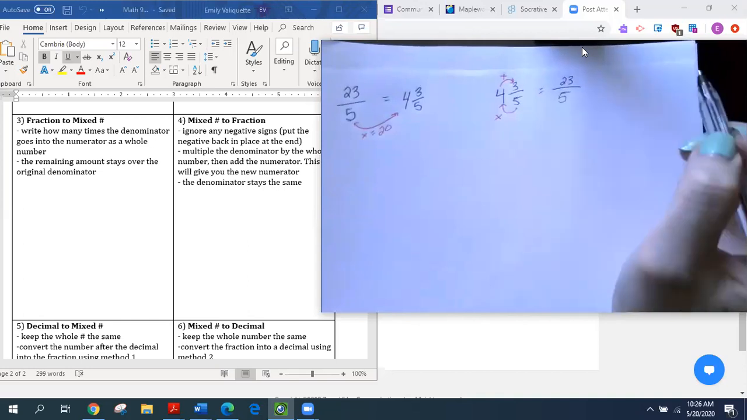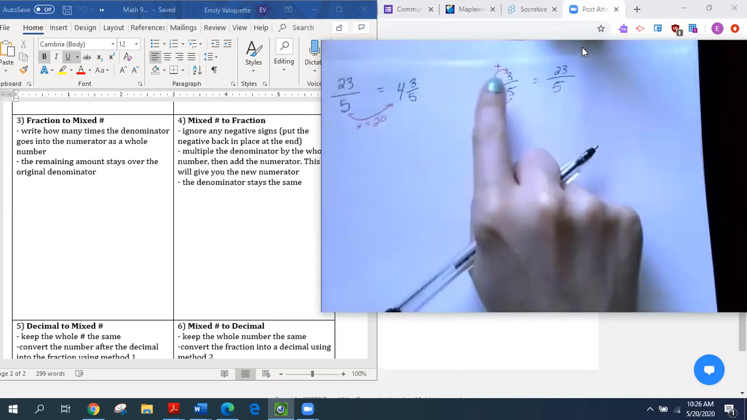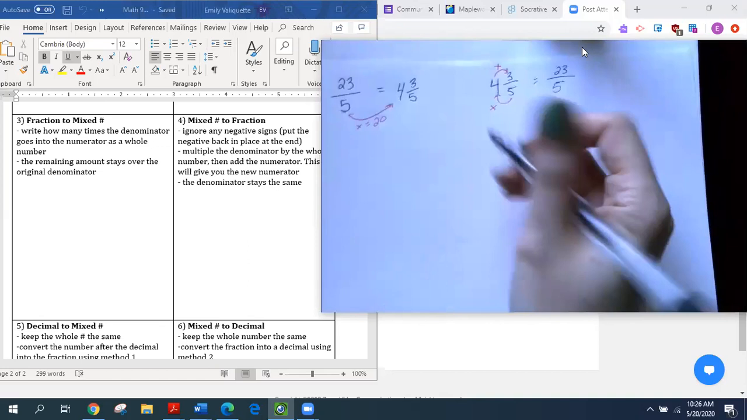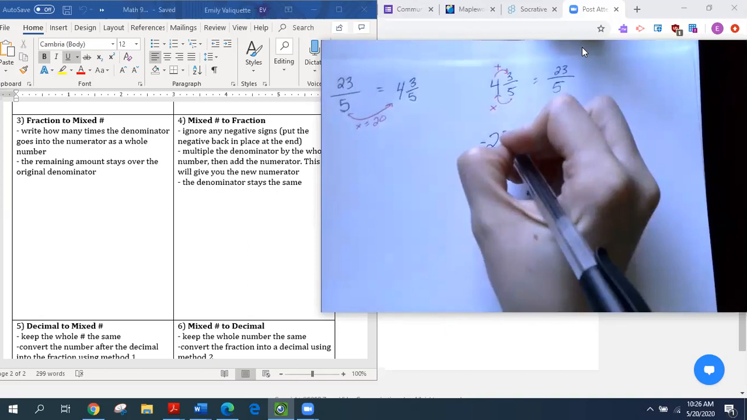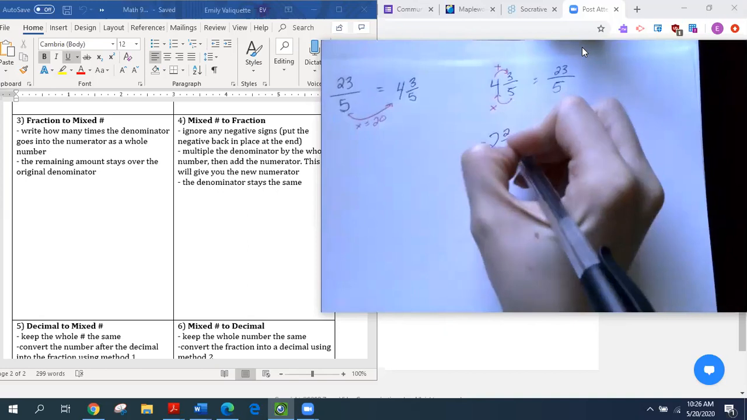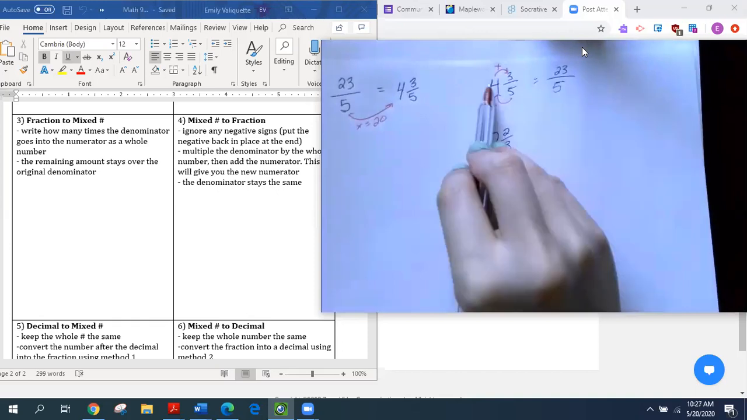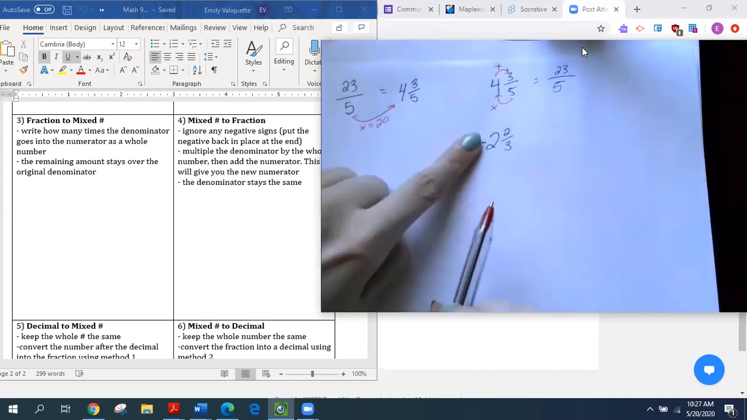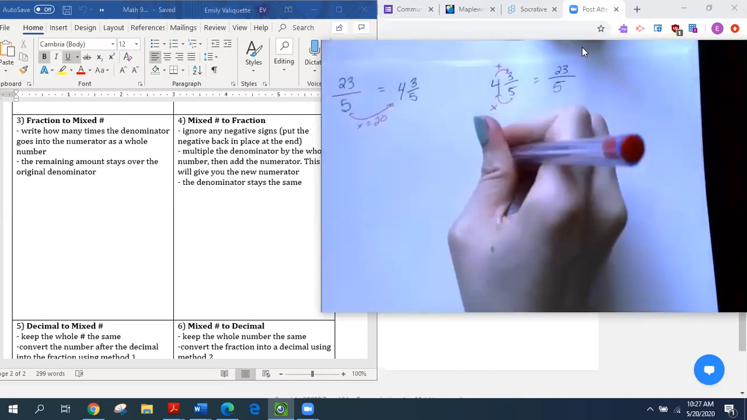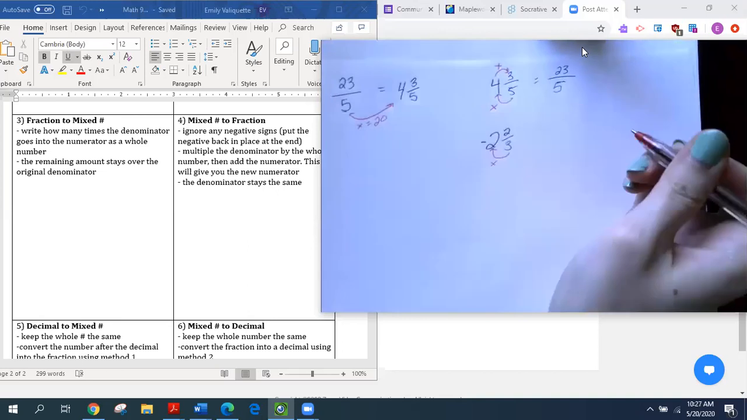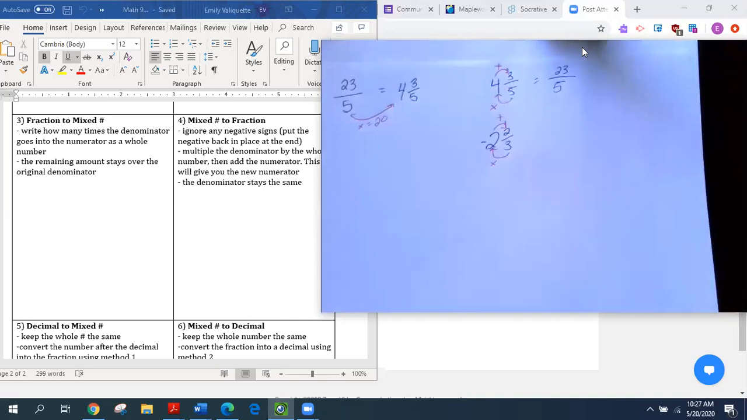The one thing that is important to note is if my mixed number is negative, so let's say I had -2 and 2/3. When I am doing this multiplication and adding, I ignore my negative sign. So I'm going to do 3 times 2 is 6, plus 2 is 8,